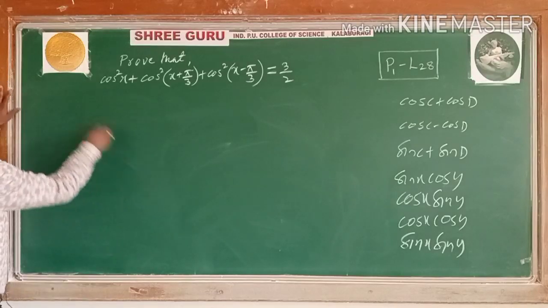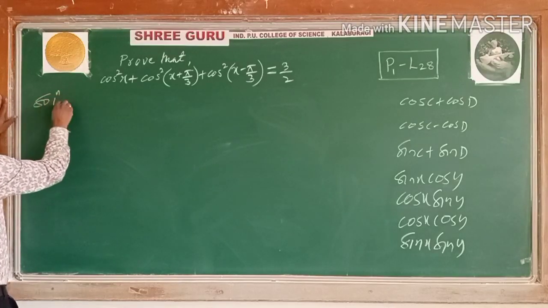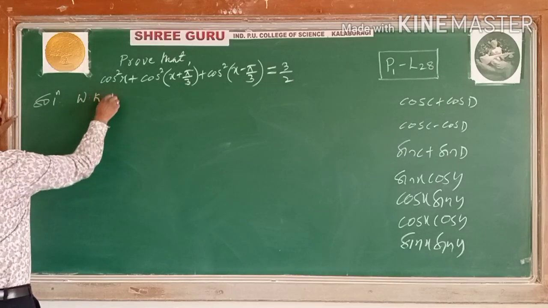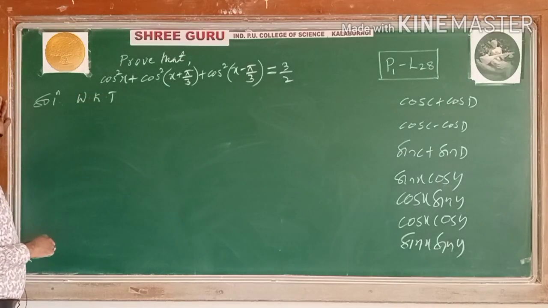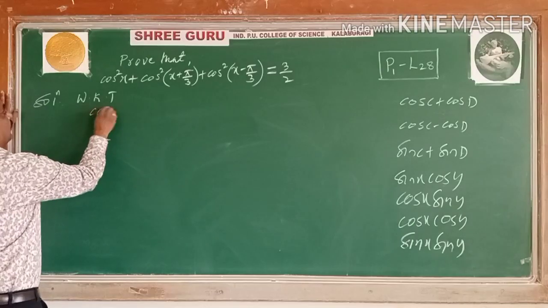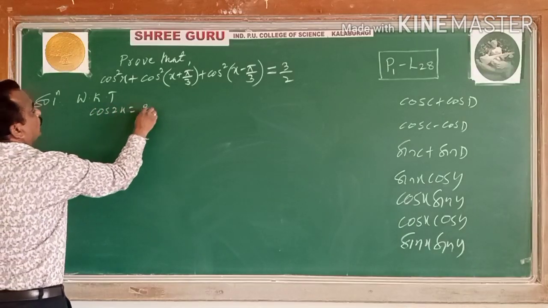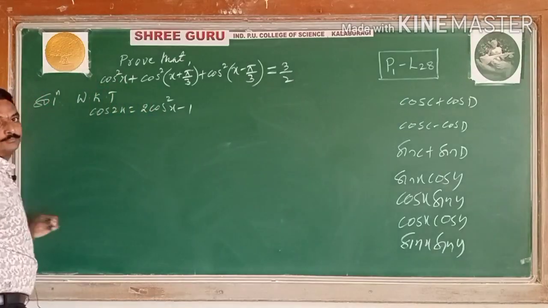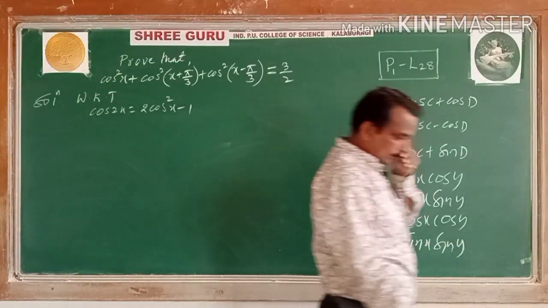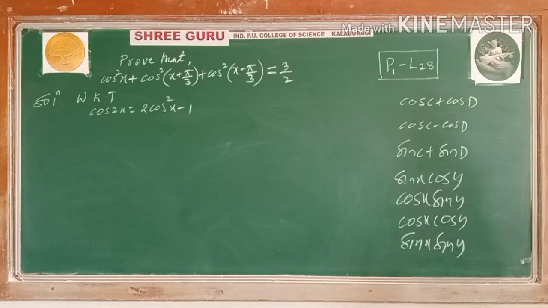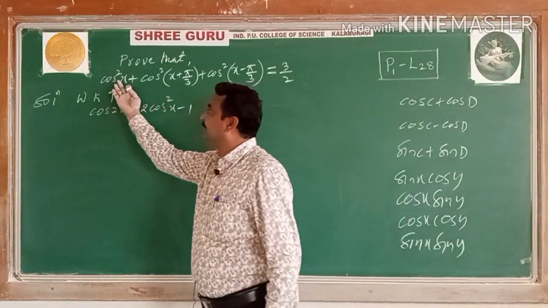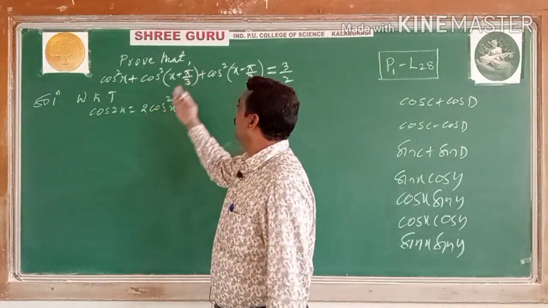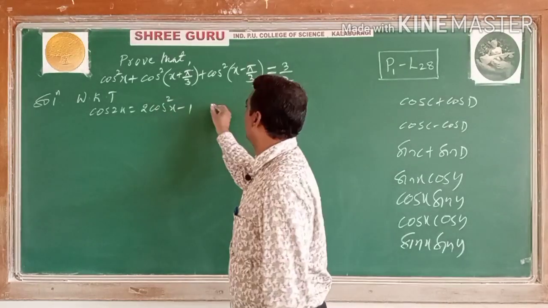Let us see the solution. We will reduce the formula first. Which formula do you have to take for this cos square x? Now see, students, cos 2x is equal to 2 cos square x minus 1. You get cos square x from the cos 2x formula. If it is sin square x, you should take it in terms of the sin form, this form.